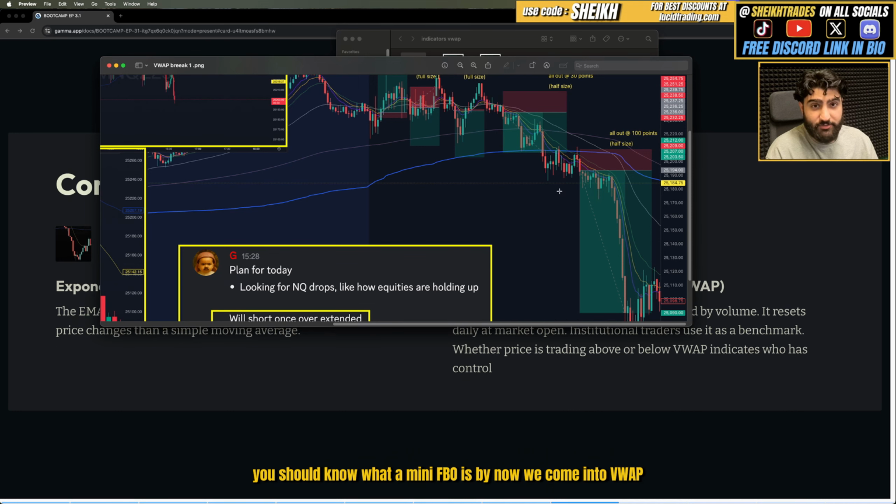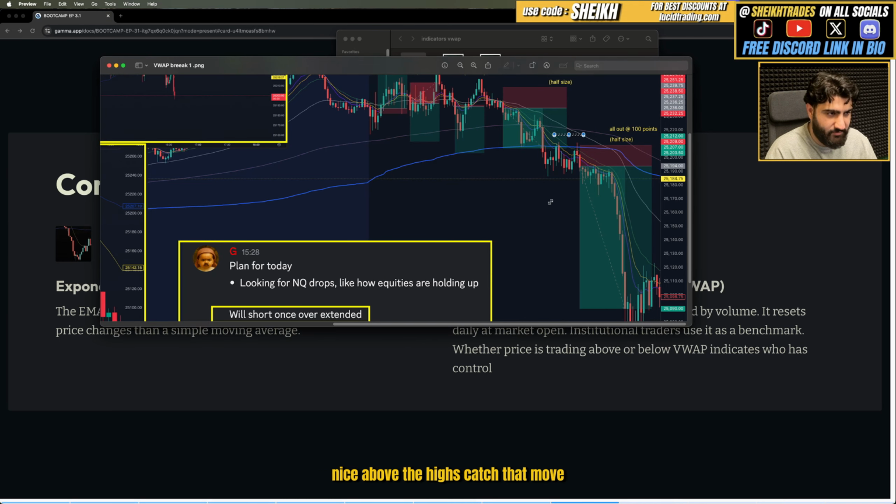Once again, you should know what a mini FBO is by now. We come into VWAP. You can already take in your short here, half size, just a quick half size. Add more here. And then stop loss, nice above the highs, catch that move. I didn't. I waited, went back down,